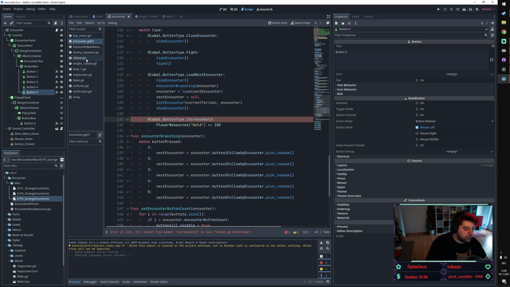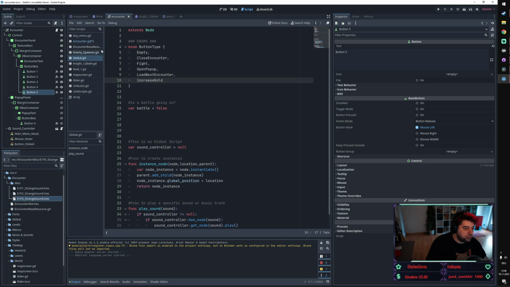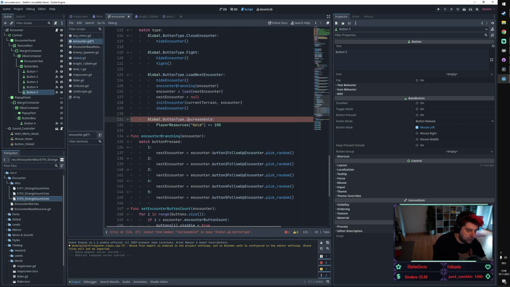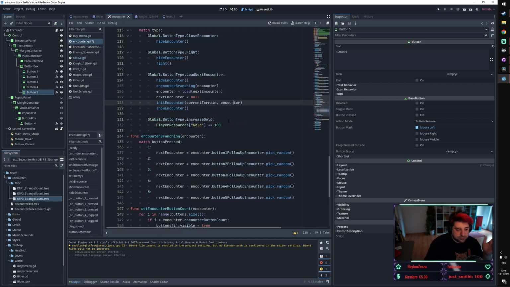doesn't find it. Increase gold. Yeah, my bad. Increase gold. I'm sorry I'm a little bit hectic right now because I just want to get a point across. So okay, now we maybe have something where we can increase the gold by 100, but maybe the next button should increase it by 200, or maybe the next button should increase it by 200 times our skill points in whatever. And